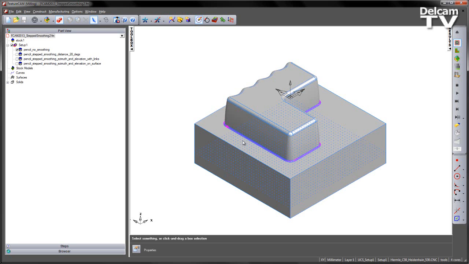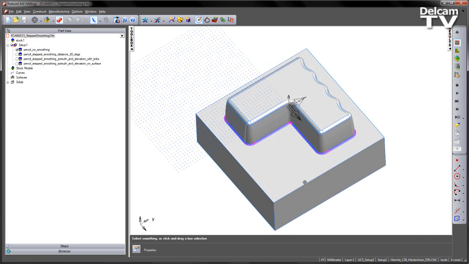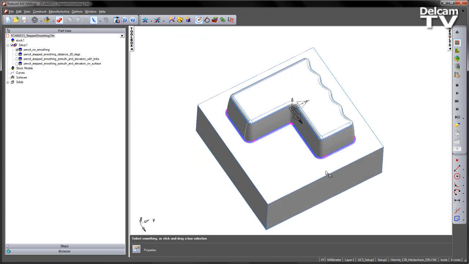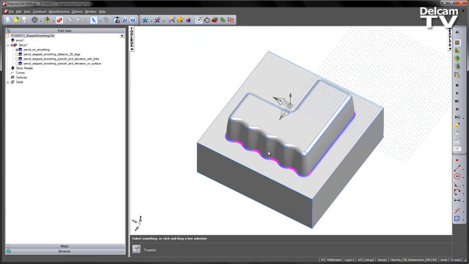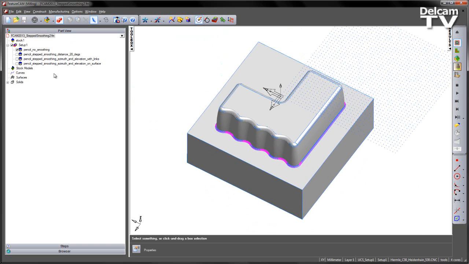In this example you can see we've got this right angle shaped block part, and in this case we're going to machine a pencil toolpath using a lead lean around the inside corner. The first toolpath we have is a pencil type toolpath that has no smoothing. If I go ahead and do a machine simulation, it's going to do a single step,